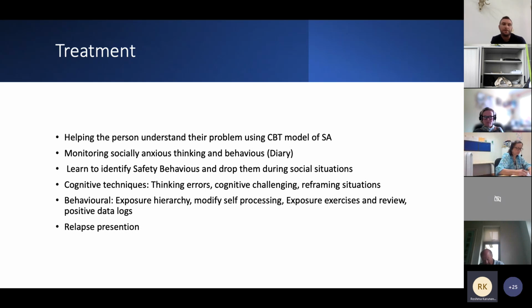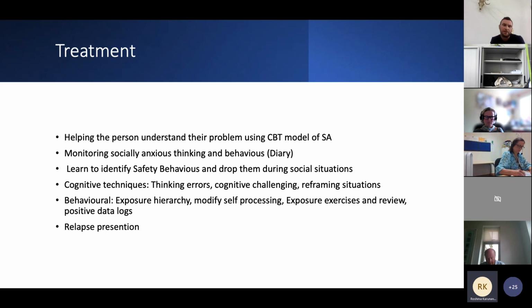Also part of treatment is to learn to identify safety behaviours, to realise that some things I've been doing for a while are actually making me feel worse rather than better. Now, helping the person to understand that what they're doing then is being brave and taking a risk to get better. This is a conversation that may take a little bit of coaxing, to have the person understand that it is important to drop these safety behaviours. Other things such as video feedback help them to become less self-focused, but also help them to see that maybe this isn't the best way of doing things.